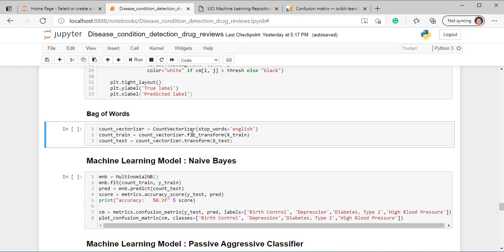So we are building a bag of words model, and for building it you have to use CountVectorizer, which is available in the scikit-learn library, feature extraction.text. So we have created CountVectorizer as an object, and then we have passed stop words as English. You can pass it or not because we have already dealt with the stop words. So if you do not pass this, that will be okay too. Then we have to fit and transform it on the X train, and then we have to transform it on